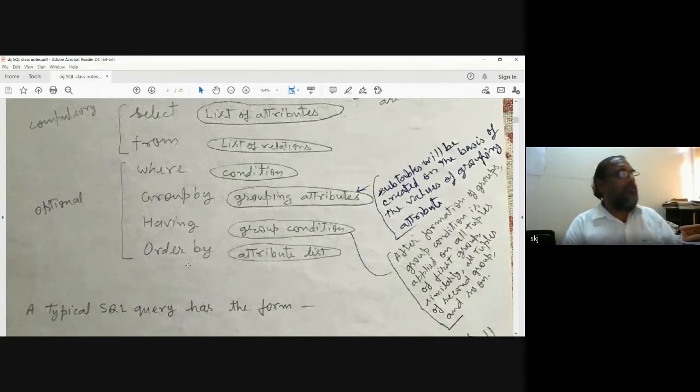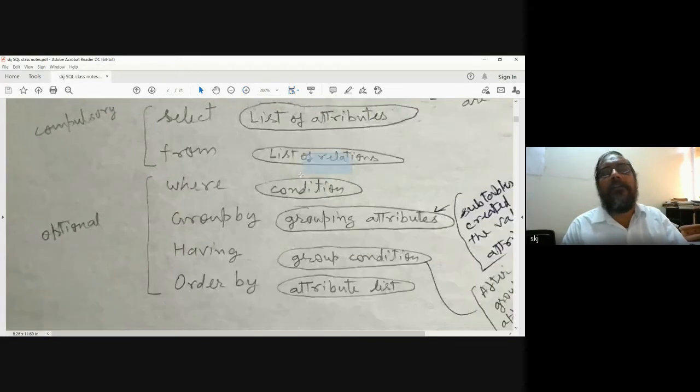In the English language, A to Z or Z to A. So if we want that kind of ordering in the result, we use it. Now here I will make the picture larger, then I will read it.